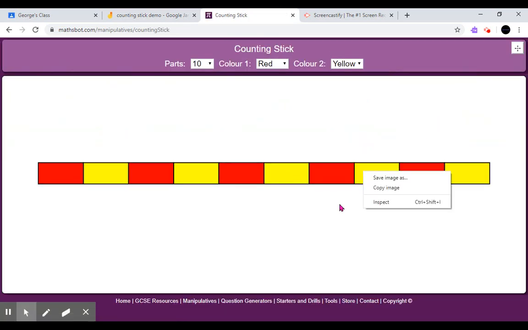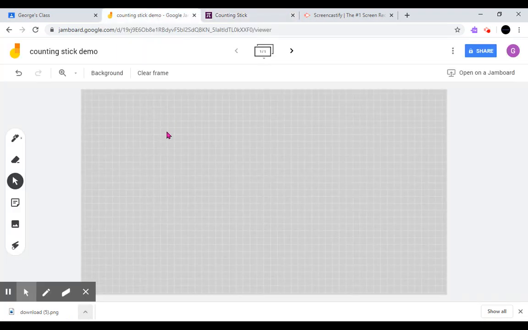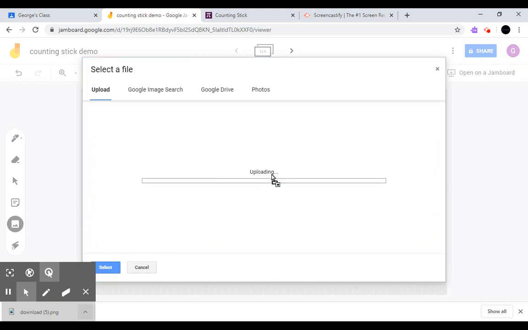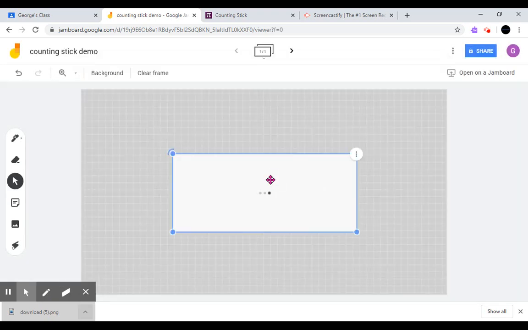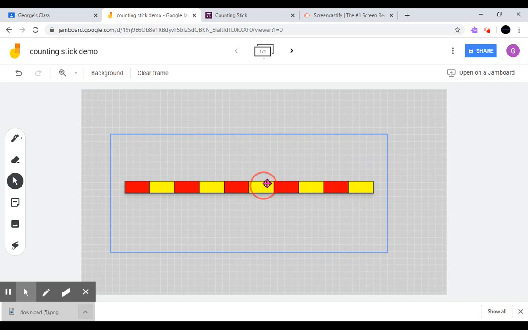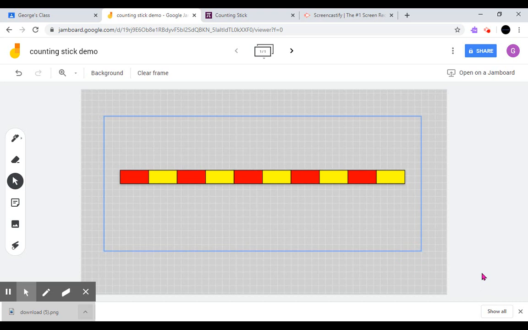What I'm going to do is, if I right click with my mouse, I can save this image, and it's gone here. I can find that in my folder and find the file if I need to, but I shouldn't have to for this. Back across to the counting stick demo, and if I add an image, Chrome will allow me to just drag an image. So I'm going to take the one from my recently downloaded there, drag it in, and it will upload my counting stick. And what's great is it's a PNG file, so it's even going to make it transparent behind. And that means now I can demo this